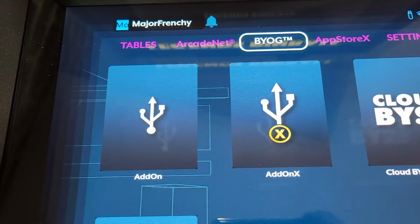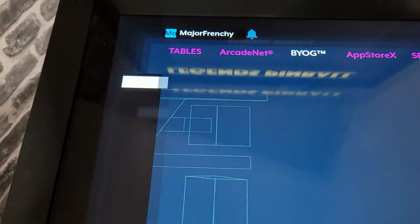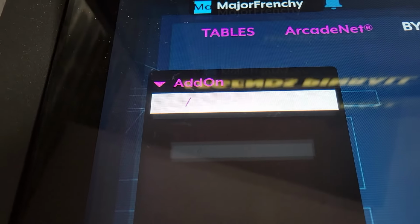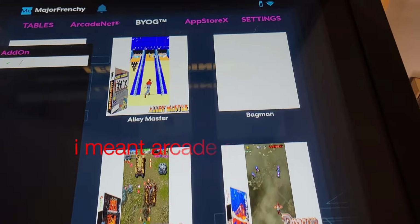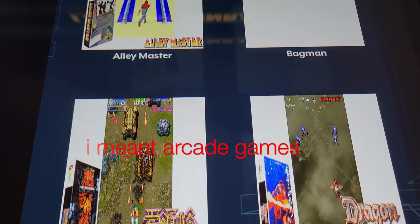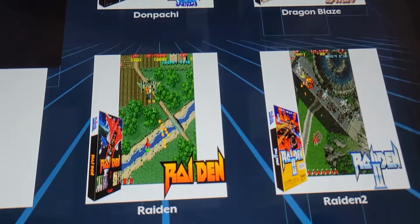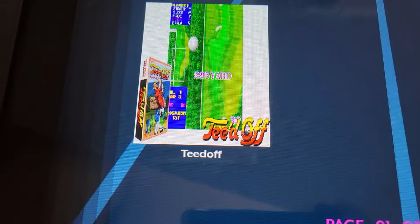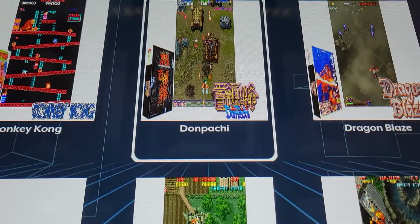In the BYOG section, after we've inserted the USB key and rebooted the machine, we're going to click on the add-on, and then you're going to see a slash. Just move down to the slash and press select, and all your tables are going to appear. Now, the art, I'm not happy with the artwork, so you can always pick a different image to display for your games here. So we're going to actually select one of them, and we're going to try to play Don